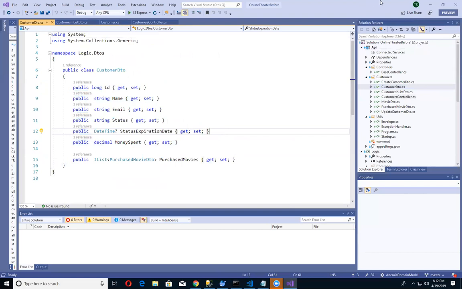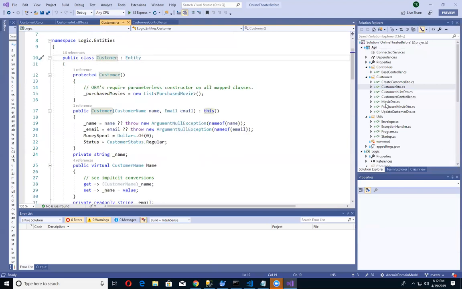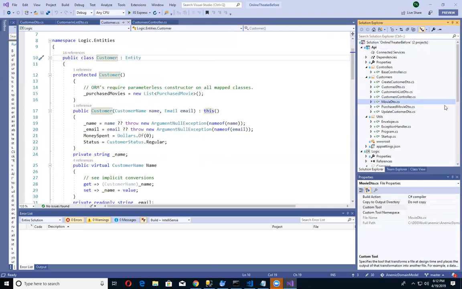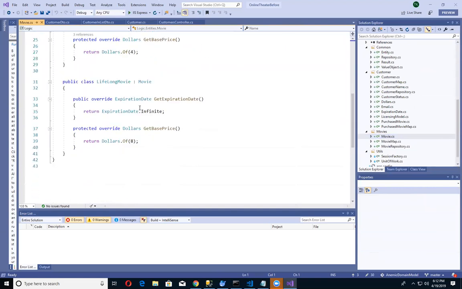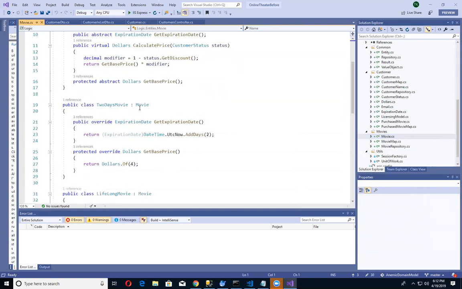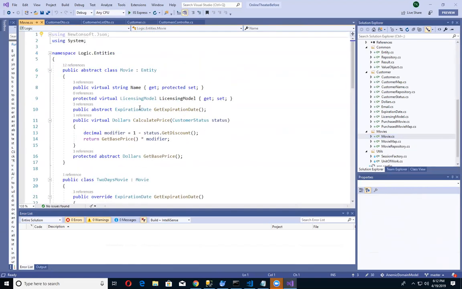So in DDD lingo, your core domain objects like customer and movie, for example, let me bring that up if I can find it. There we go. As you can see, this is the movie one, and it's grown. And again, if you take that course, he will walk you through all these examples and explanations, and he does it in an excellent way.